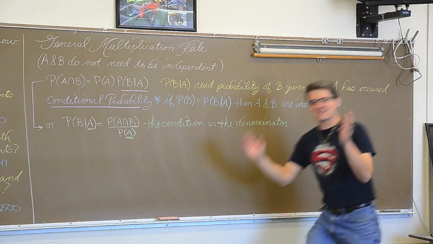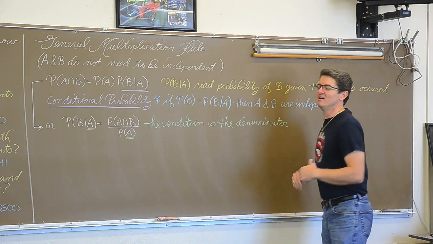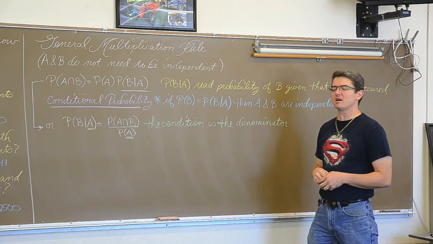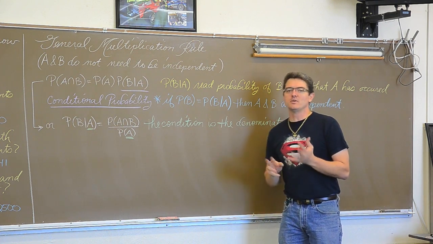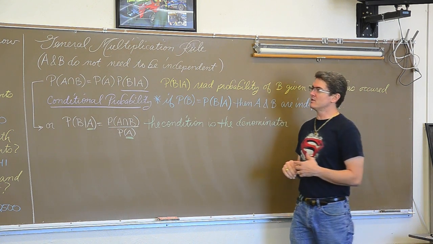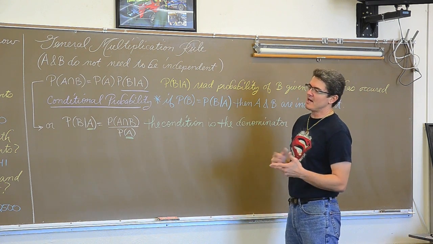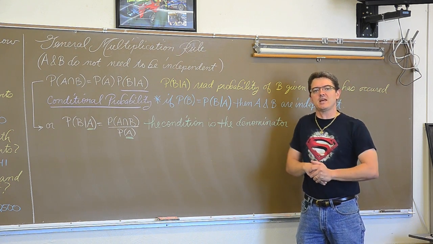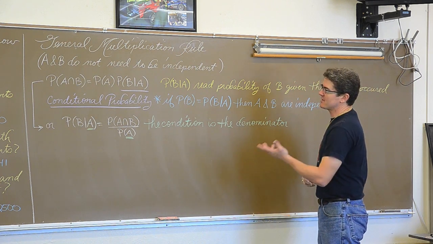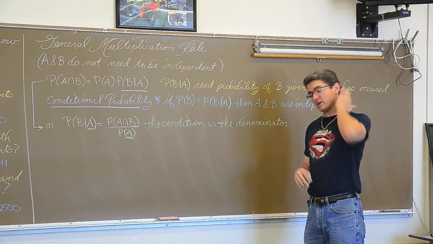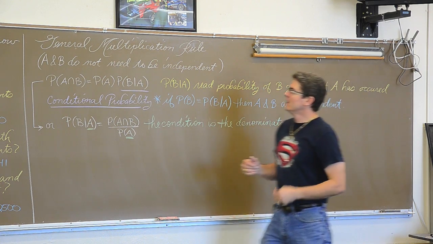Part 2 of my introduction to the general probability rules. We just got done talking about the general addition rule. Now we're talking about how this topic, the general multiplication rule, ties in with a lesson that we've already done, which is finding row and column percents on a two-way table. That's not the only setting where you need the general multiplication rule, but it's a really good tie to a previous topic.